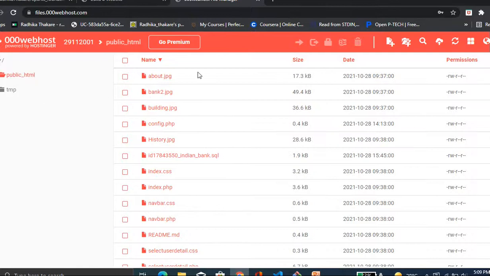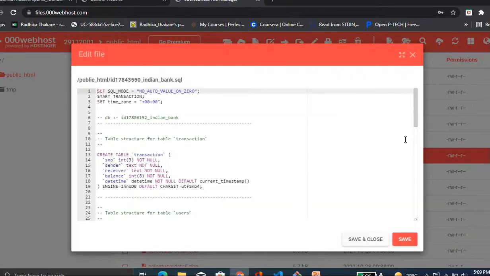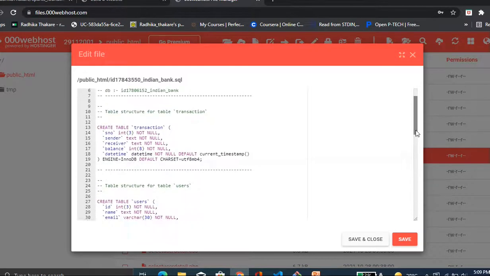These are the JPG images, and this is the ID 178 Indian bank .sql file. This is the SQL file which I have used for creating the MySQL database.